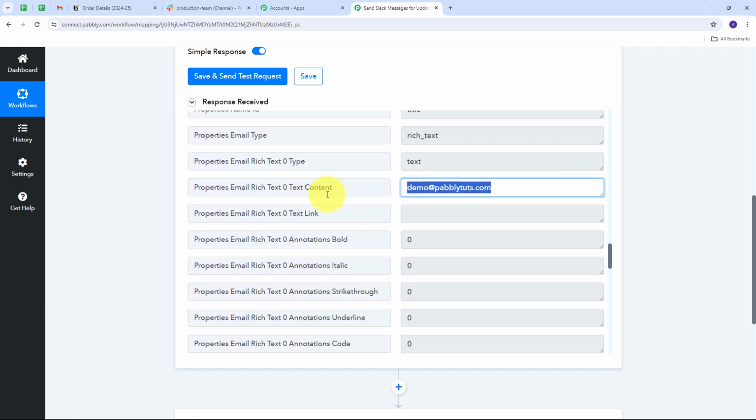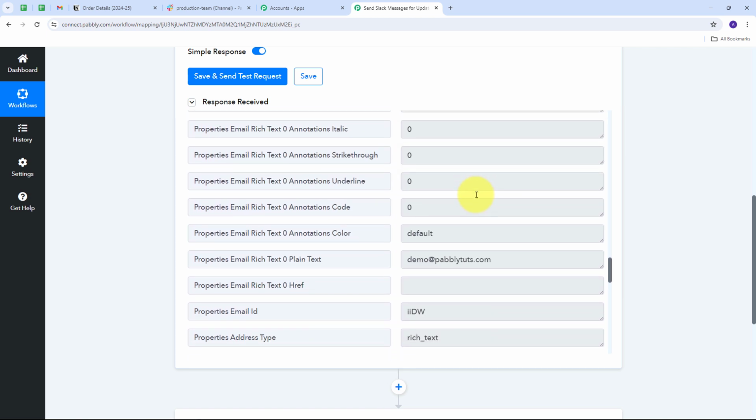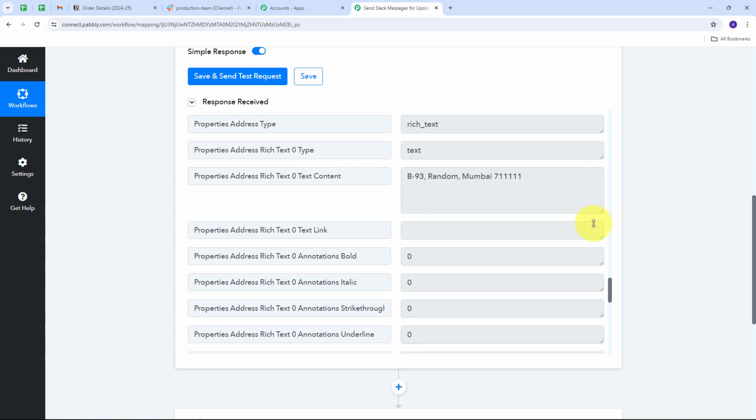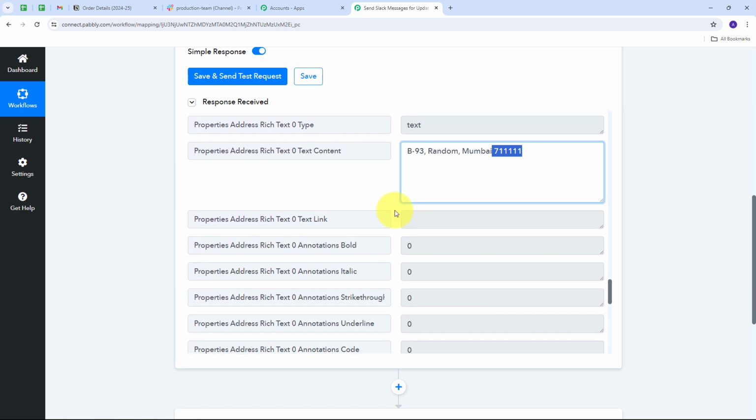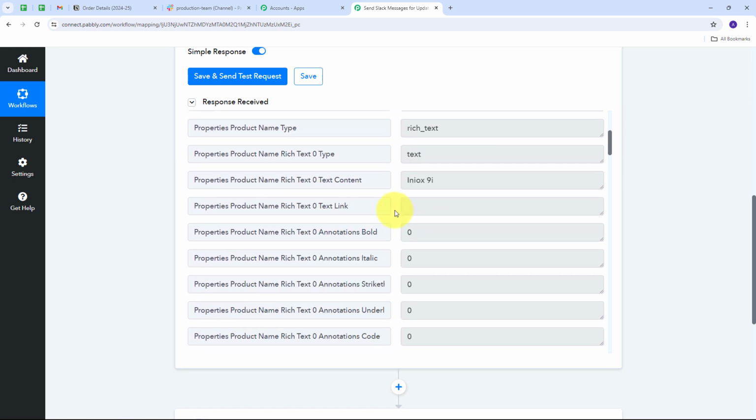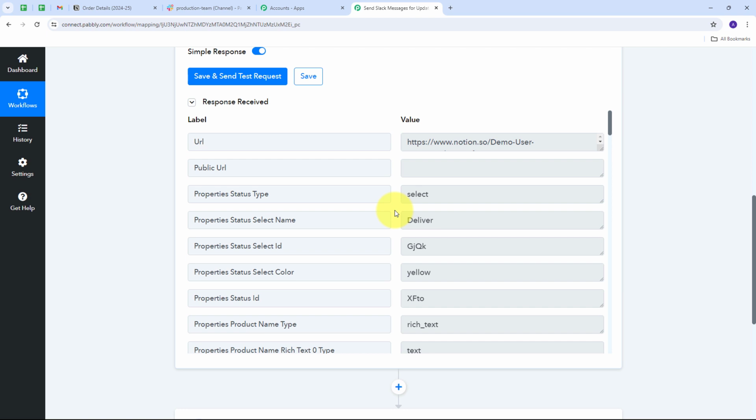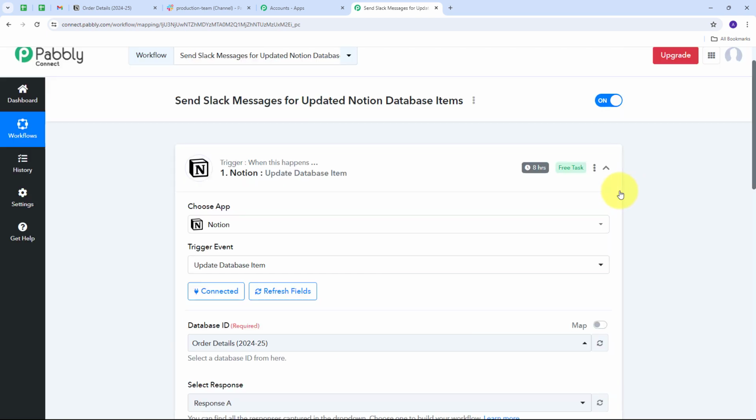Email is demo@pabblytudes.com. And this is the address of my customer, that is B93 random Mumbai, and this is the random pin code. So here we can see that I have updated my status on my Notion database and automatically I have received that response. So if you don't receive this response instantly, then you don't have to worry, because this is a polling based response and it is going to take around 8 hours to send you the response